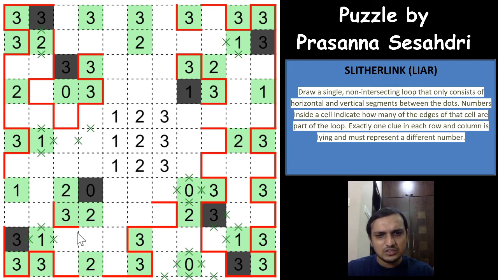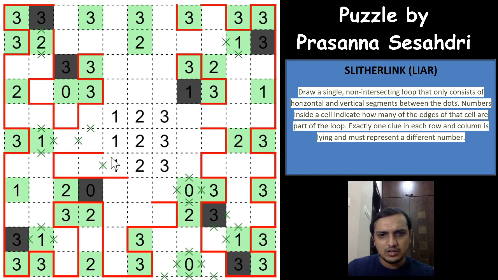So whatever happens here, this loop segment will have to come down, which means that it forms this way. The 2 will have to be fulfilled here, and this is a closed area and it has an odd number of loop segments, which is not possible, right? You will always have to have an even number of loop segments at the closed area, which means this loop segment will have to go out this way, and this has to meet this way, it cannot meet this way. 1 will be 2 here, and we can mark a. So this loop segment cannot go up, it has to go towards the right,